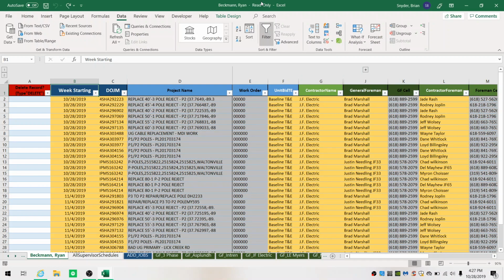This is the new optional spreadsheet method for doing your schedules. If you want to use the database, you still can. You don't have to do it this way. So just to get familiar with what this looks like,